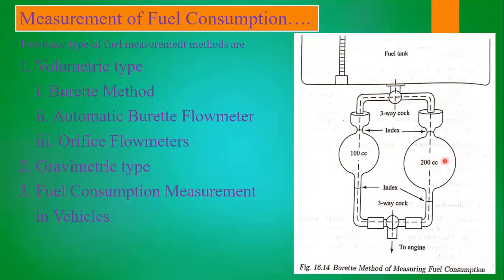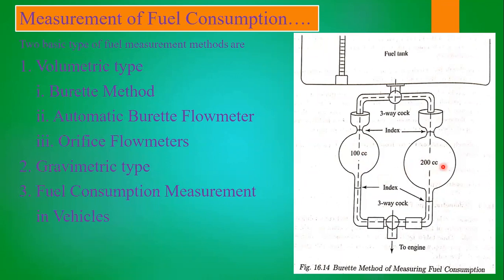Okay, and at the same time it should be consumed for exactly half of it. So we need to do some extra calculations. Why? Because at the same time we are opening the fuel from both the glass bulbs. So from here some 100 cc is going to be taken, and from here some 100 cc is going to be taken. So for 100 cc consumption of fuel, we need to make it by 2 when it is exactly 100 cc only. So until the whole fuel is consumed here, exactly half of the fuel should be consumed here.